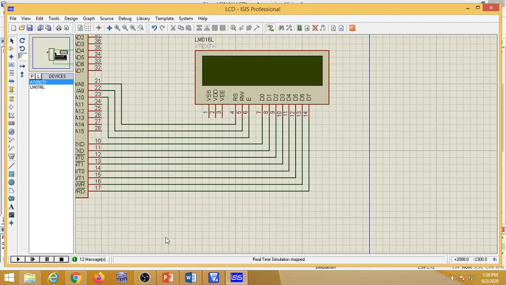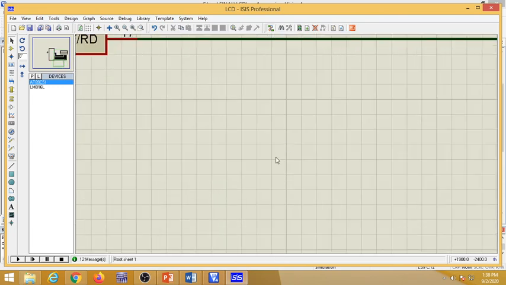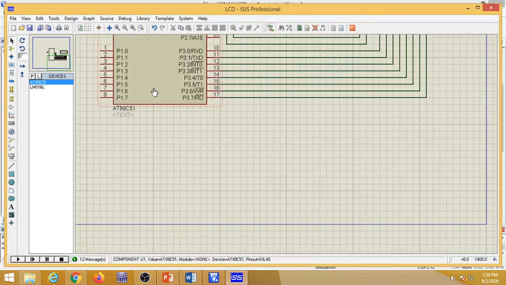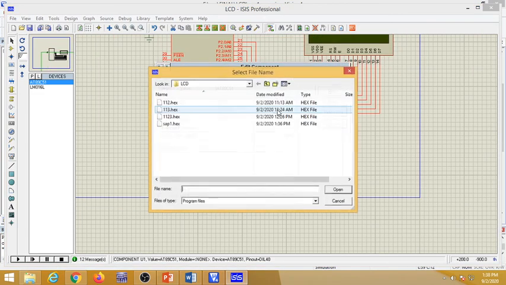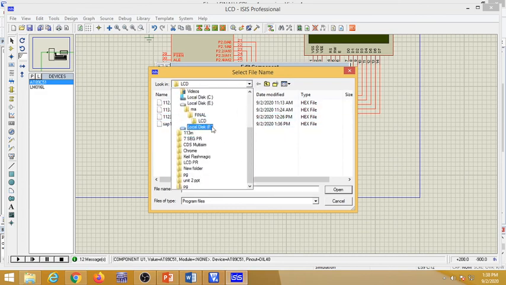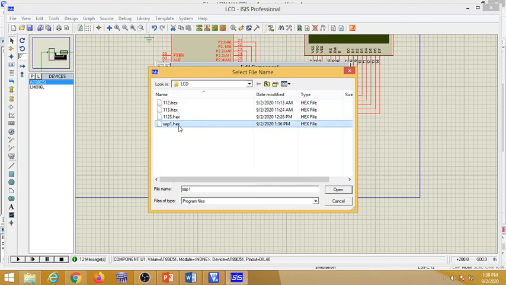Now how to dump that code? For that, double click on this IC, select the hex file. Now the hex file is from which path? That is in the E drive, MA, final, LCD. In the LCD path, my file is sap1.hex.